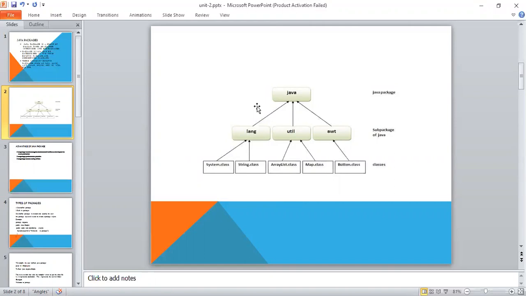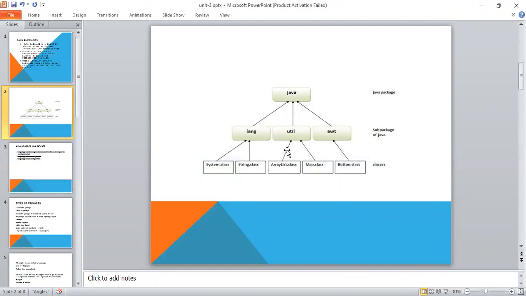Similarly, if you want to read some data from the keyboard and display some output on the screen, then we need a package called the io package, input output package. Similarly, if you want to use a list class called ArrayList, then we need the util package.